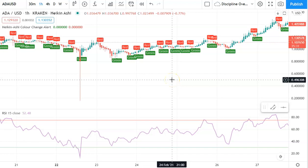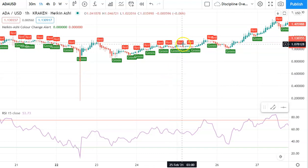So today we're going to talk about a play that allowed us to get a 75% gain, which was an ADA swing in sympathy to Bitcoin. So let's explain it. For some background information, ADA is an altcoin that is one of the main